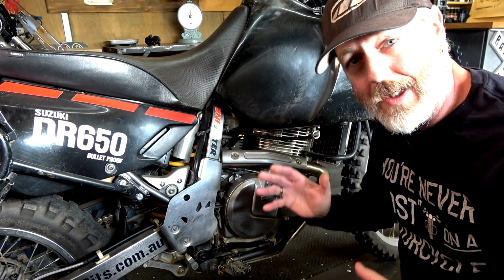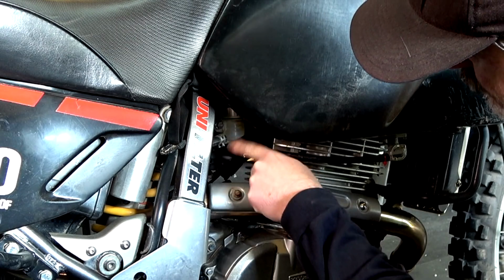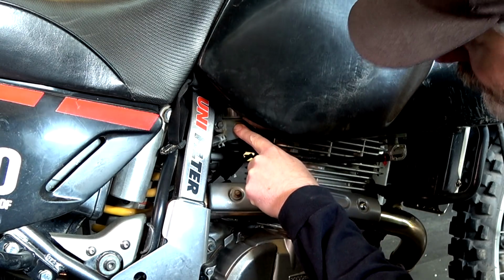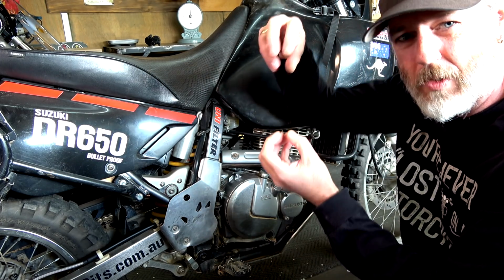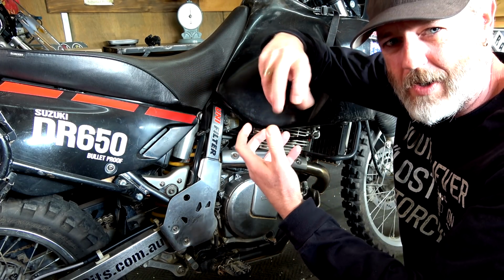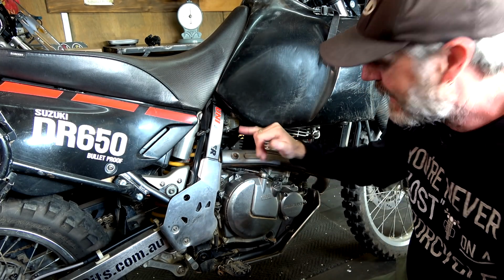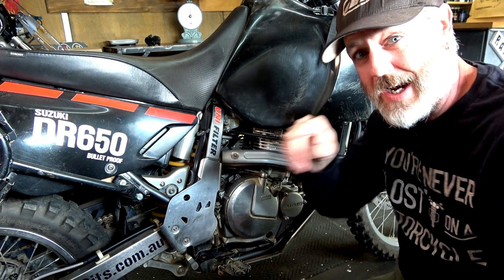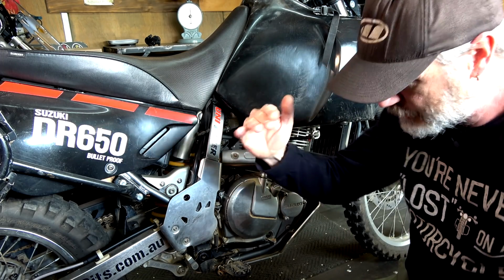Right, so on the previous video doing the braided hose line, the reservoir where all the fluid is held had quite a lot in it, and me being me, I just pushed the cap in and went, yeah, no worries, I'll let it overflow, and just did it up. I wasn't thinking that obviously there's a lower and upper point where you're supposed to have the fluid. Anyway,